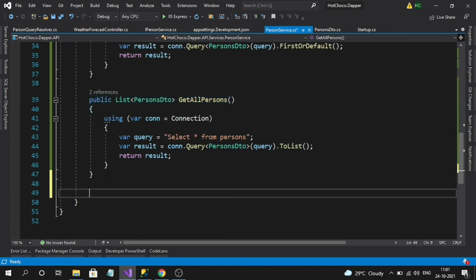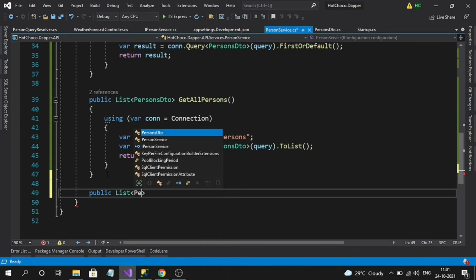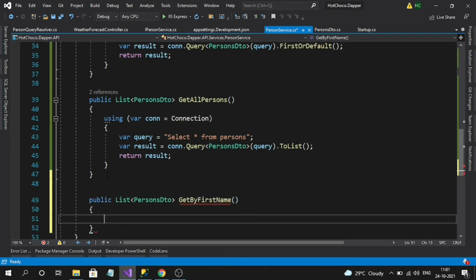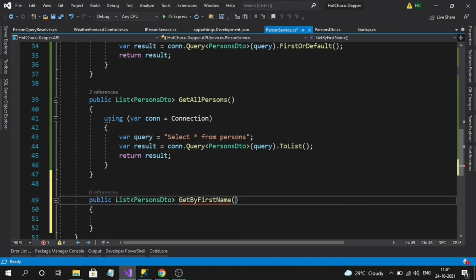Okay, public, I want a list of persons only, and my method is GetByFirstName. I want to search the results by first name. So here I will send string firstName.